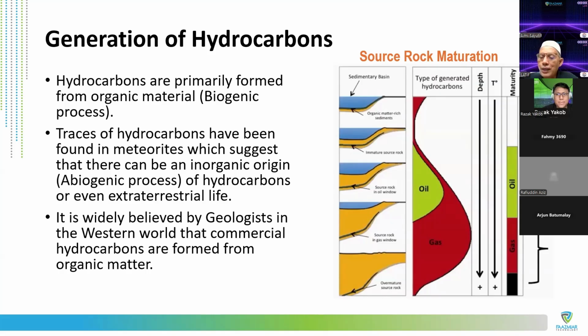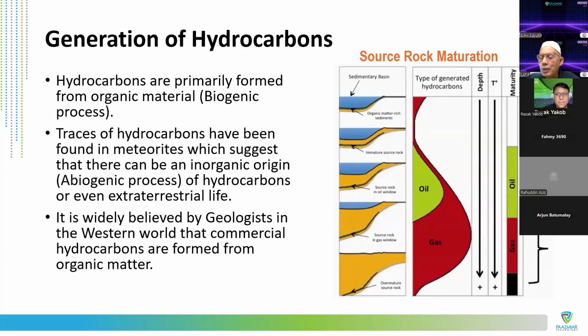So that's why in the oil and gas industry, we can say that once you go beyond a certain depth, for example in Malaysia, the moment you go below 3,500 meters TVD, true vertical depth, you should see gas, no oil. So when geologists recommend, for example, that there might be oil at 3,500 meters, of course we say you have to check your numbers, because our temperature region in Malaysia is quite high compared to other areas like the Gulf of Mexico, or even Europe. So our temperature gradient is much higher.